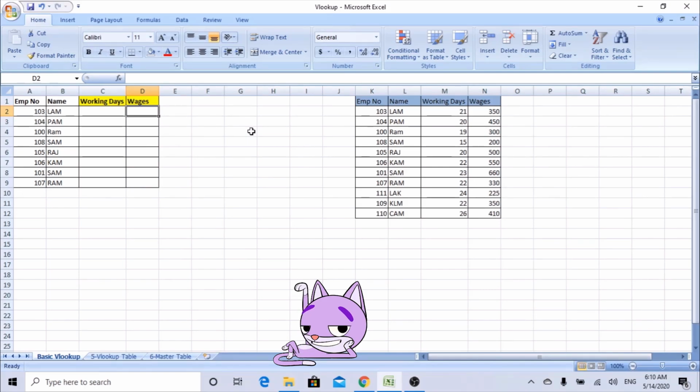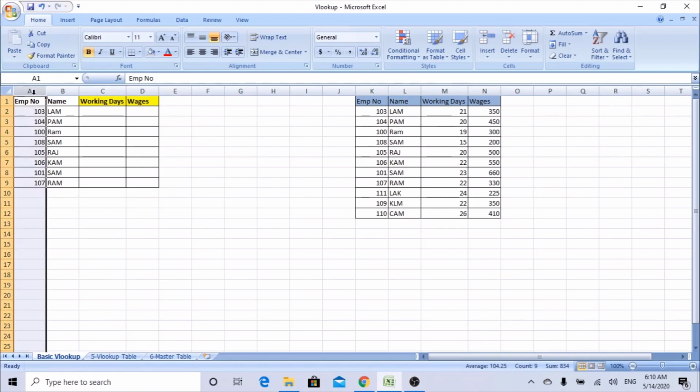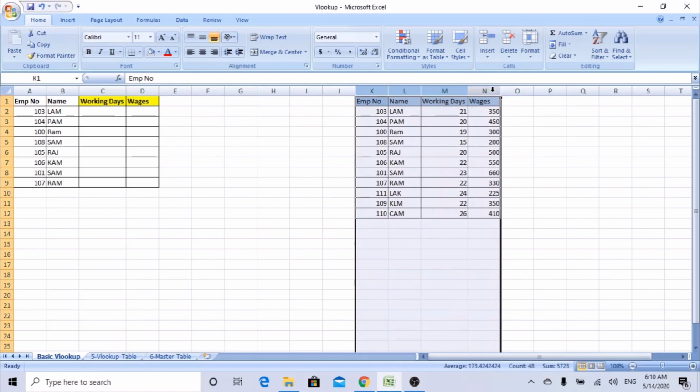Today's session we learn basic VLOOKUP. As you can see, I have a tab called basic VLOOKUP. So I have a small data from A to D, the employee numbers and name, looking for the working days and wages. K to N columns hold the employee working days and wages. So we are trying to pull from the K to N columns into C and D,